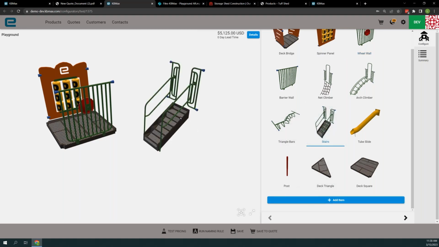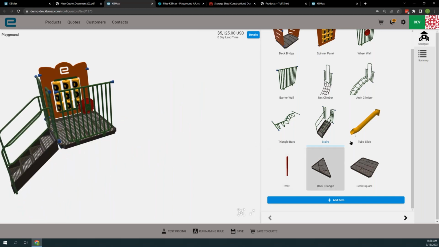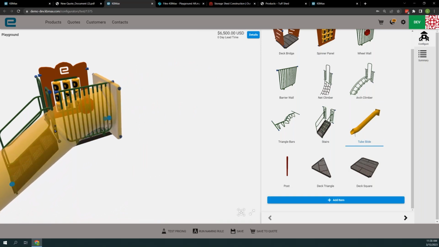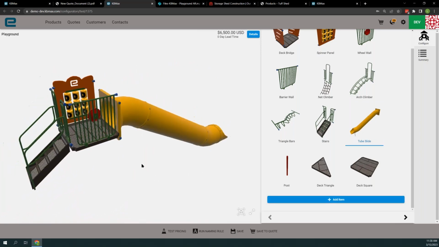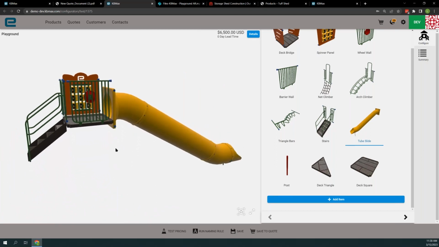Let's go ahead and finish out this build. Let's add, let's say, a staircase, pop that into place. And then lastly, to finish this off, let's add a very large yellow slide here. So now that we've done that, we've kind of built this out. We can visually see as we're going through this that our staircase is clearly much higher than our slide,